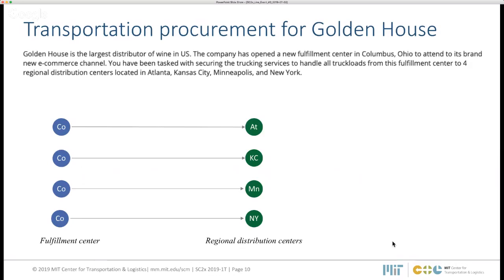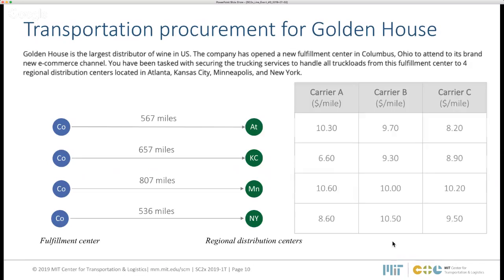What information is available to solve this problem? We were given the distances that connect the origin and the different destinations, expressed in miles. For example, for the lane that connects Columbus with Atlanta, the distance is 567 miles, and we have the same information for the other lanes.